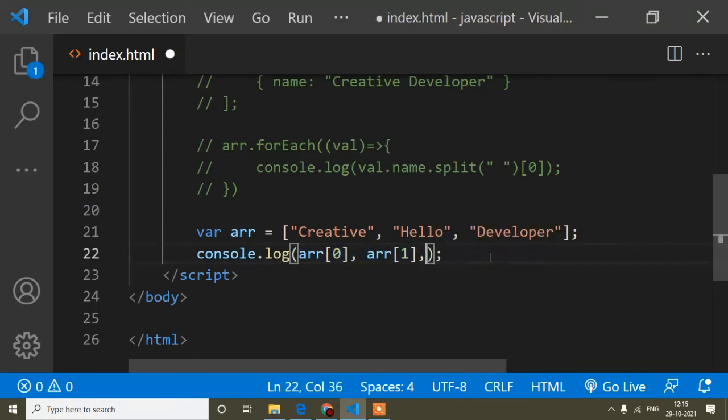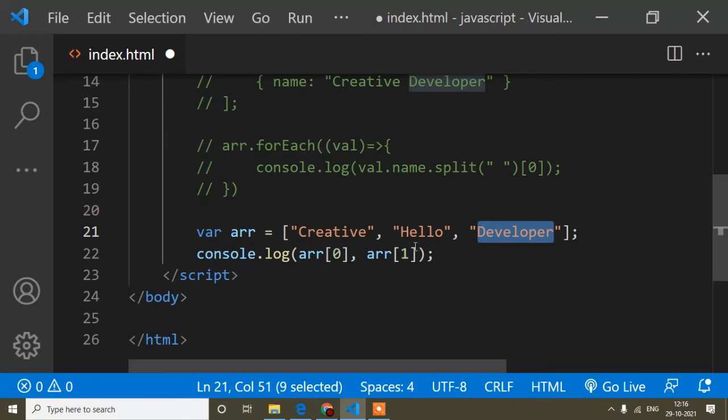So for getting the last value of the array, because some people have a middle name, I cannot write arr 1 in a static way. It's okay for the first name, because the first name will always be at the first position, but the last name will not always be at the second position; the last name will always be at the last position. So we cannot write arr 1. How will I get this developer? Some people have a middle name, some don't, so I will always target the last one.